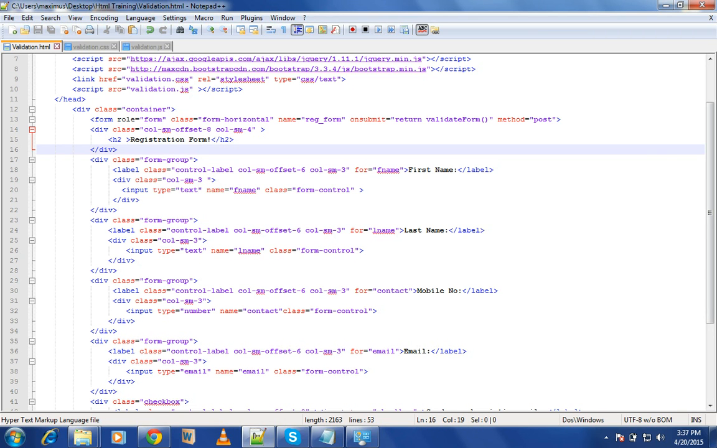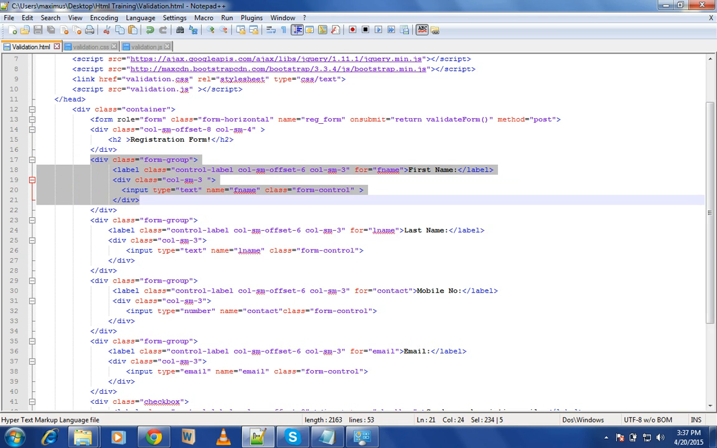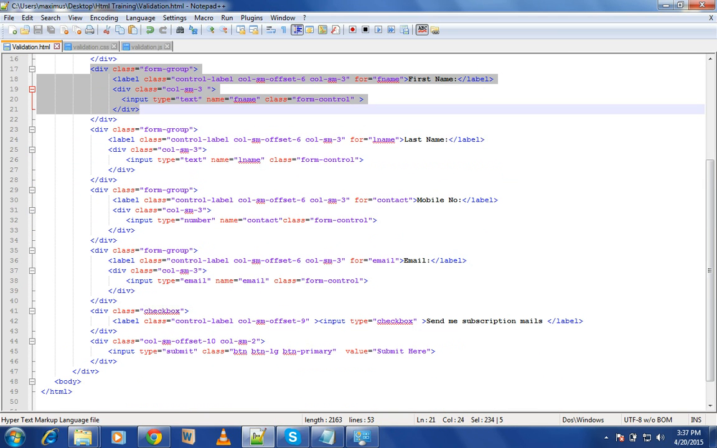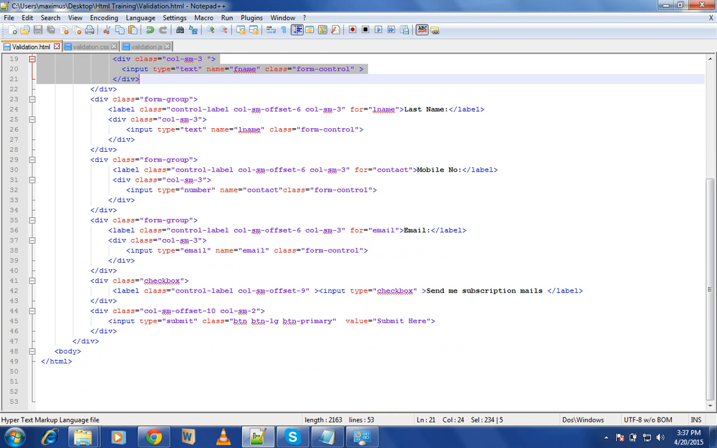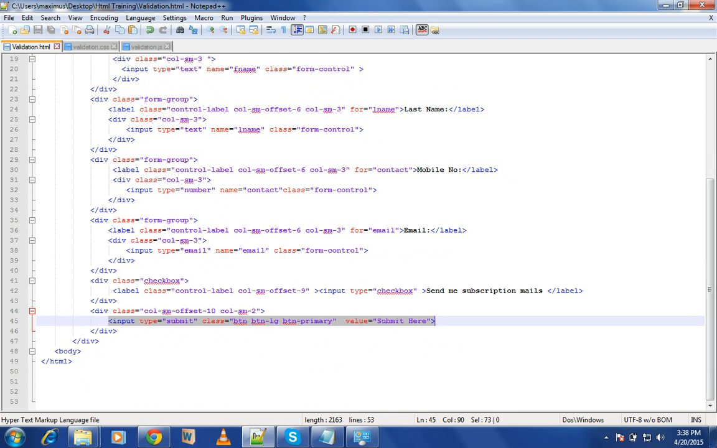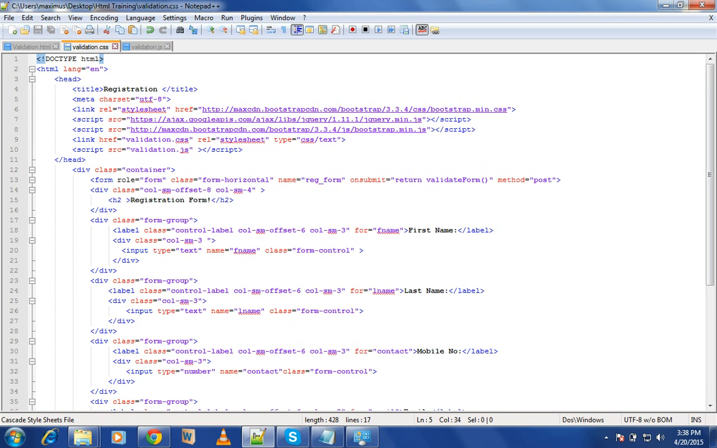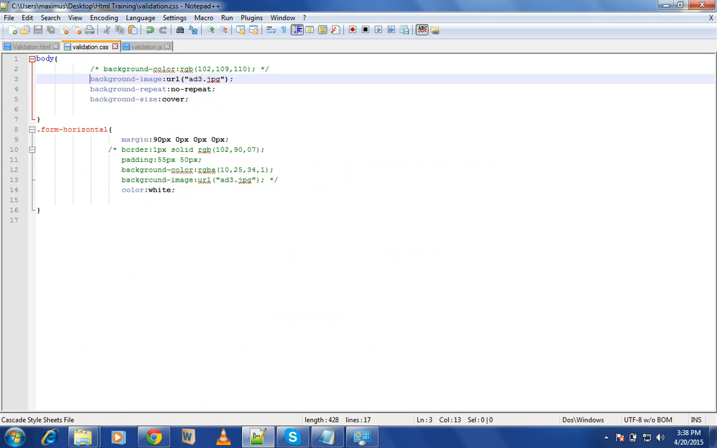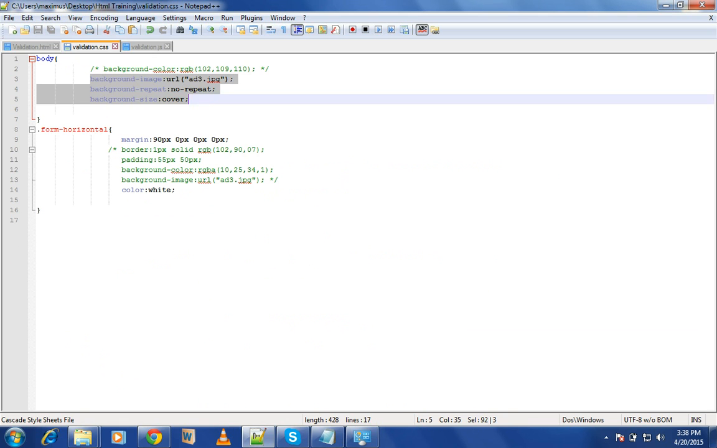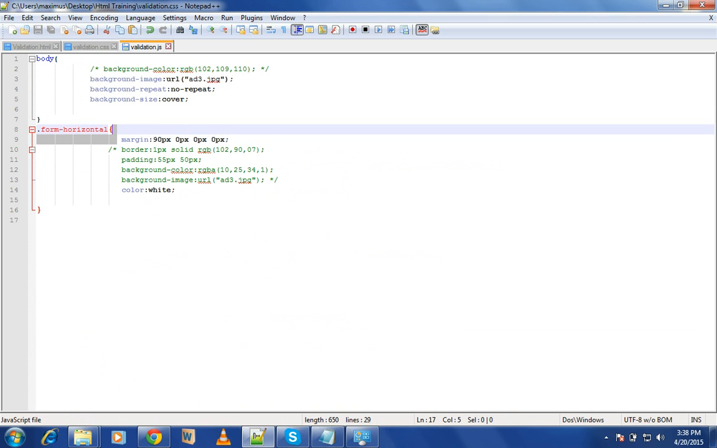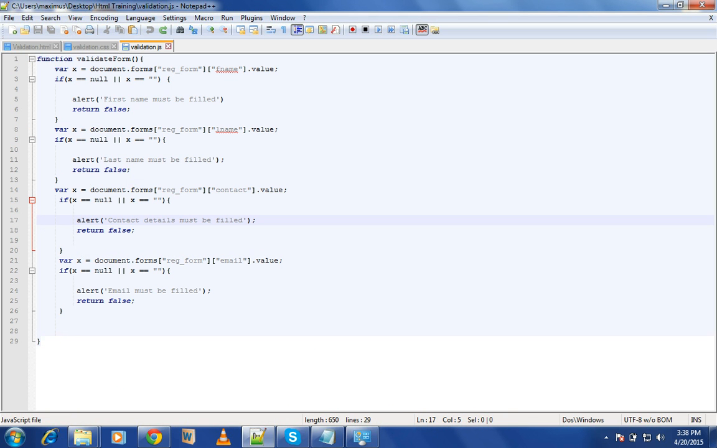So here, you can see the Bootstrap code for the form. Here I used this Bootstrap code for designing a form, and at the end we used a submit button to submit this form. Here we use CSS for the styling of our form or the page, and for the validation. The main purpose of this form is to check the validation. For the validation we use this